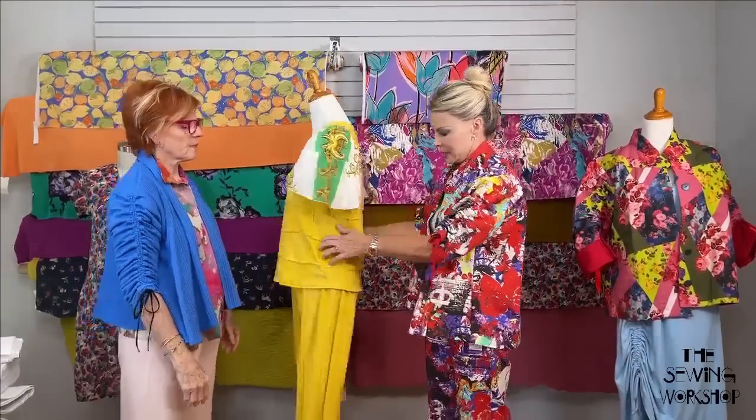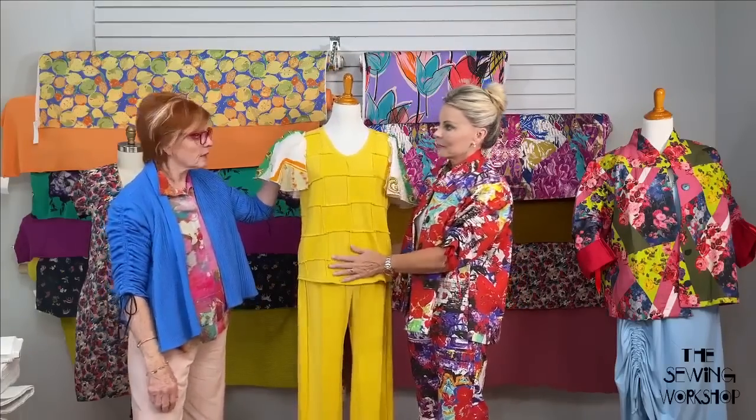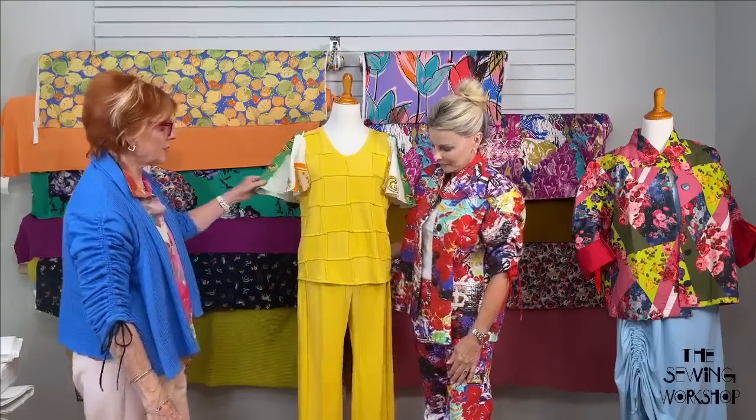That was easy. So that's how you can comfortably incorporate a woven with a knit. I think it's beautiful. When I had this on yesterday,